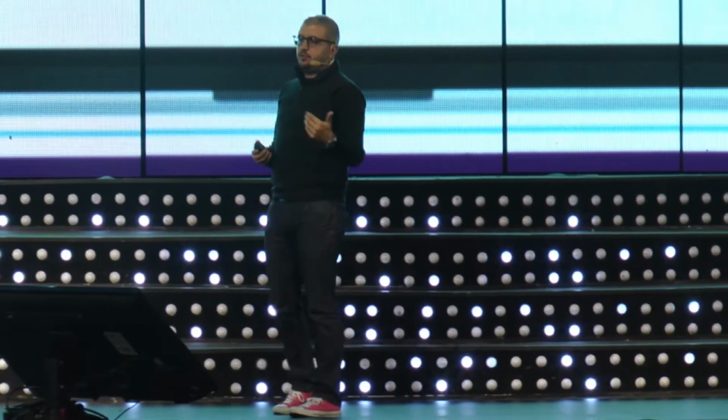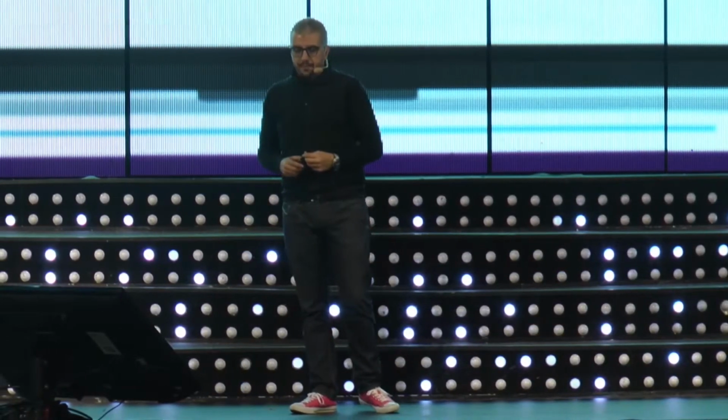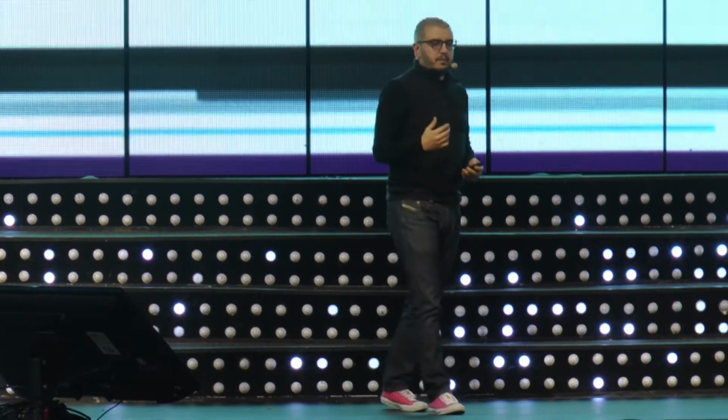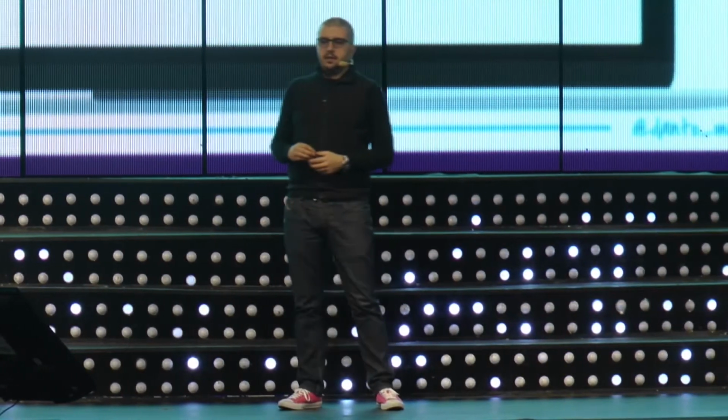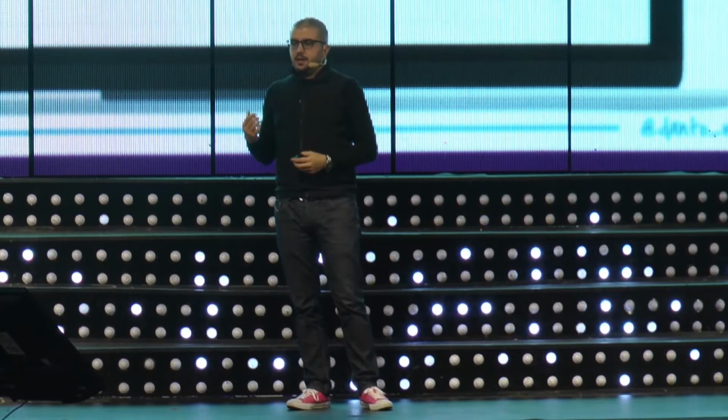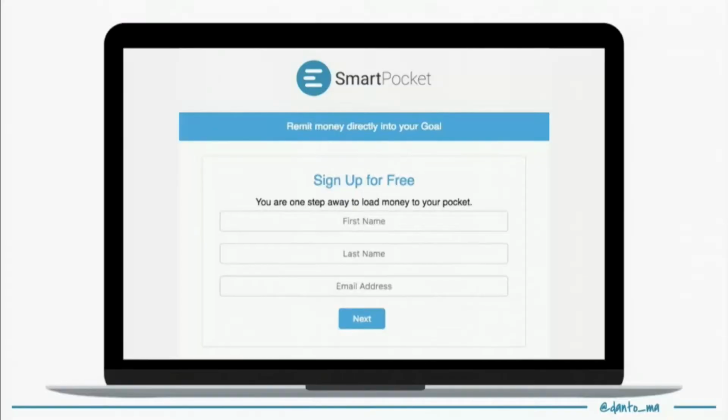The first step they needed to do was they needed to create an account. They needed to sign up. And by signing up, they were giving us their first name, their family name, and also their email. Again, this is a prototype. We had only one simple database behind it. I'm going to tell you the beauty of the simple website that we created.